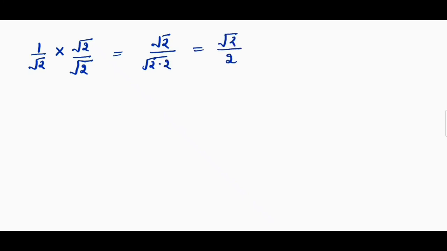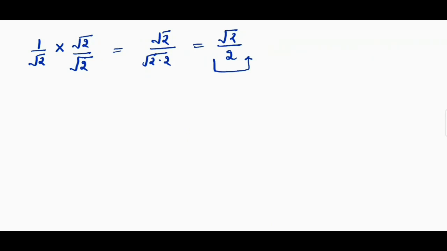Now let's see how to rationalize a number like 1 by square root of 2. Here the square root of 2 is an irrational number that we know. So how to rationalize this type of number? What we have to do, we need to multiply both the numerator and denominator with square root of 2. Then we'll get square root of 2 divided by square root of 2 into square root of 2, which is equal to square root of 2 divided by 2. So let's take one more example. Let me take this number 1 divided by 2 plus square root of 3. To rationalize this number, what we have to do, we have to multiply